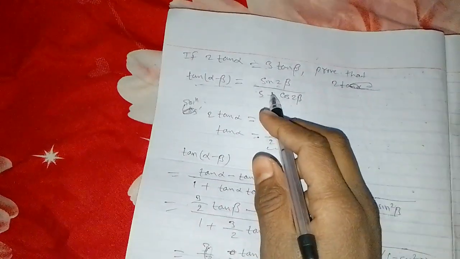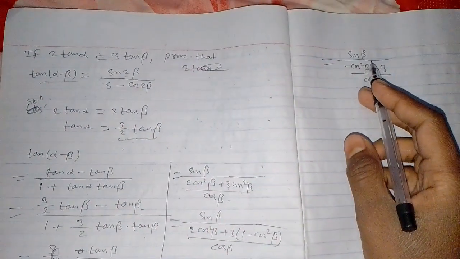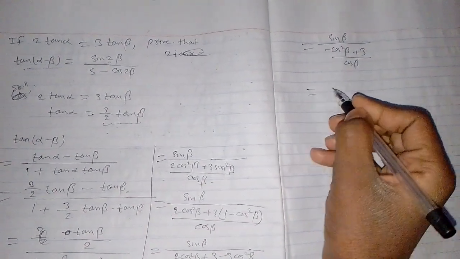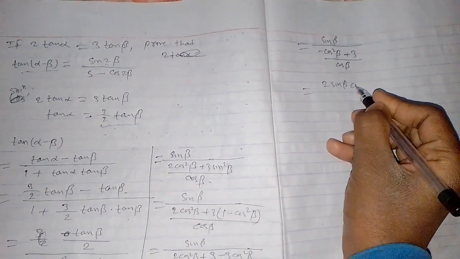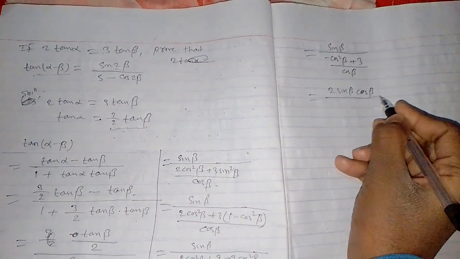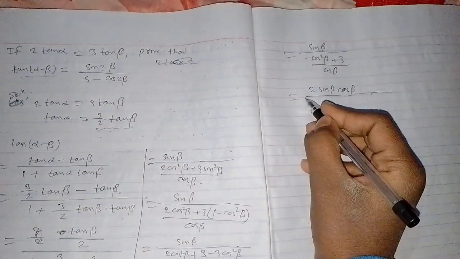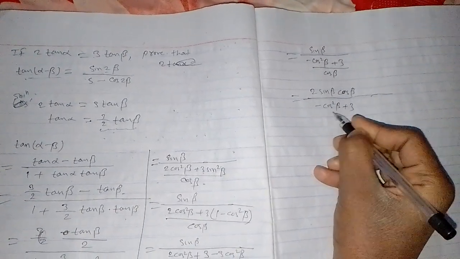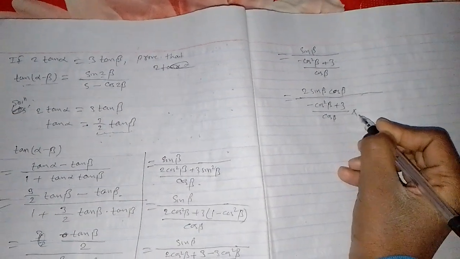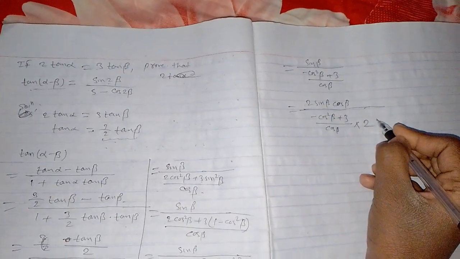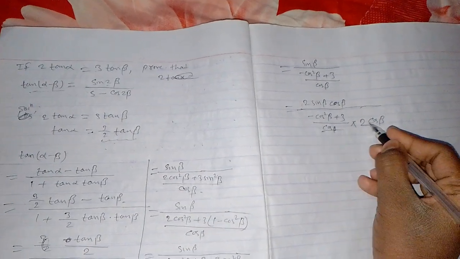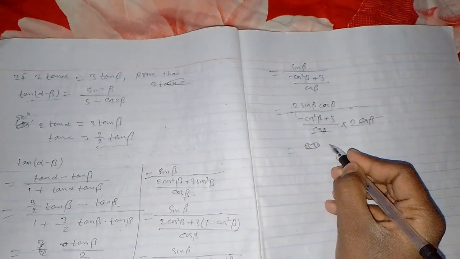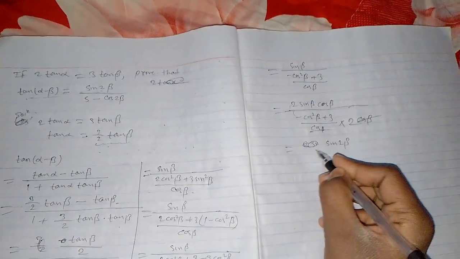But what do you want? We want sine 2 beta here and on the numerator this thing. So first of all, how can you transform this into sine 2 beta? You have to multiply the numerator by 2 cosine beta. So this will be 2 sine beta cosine beta, and do the same thing on the denominator as well. So it becomes minus cosine squared beta plus 3 divided by cosine beta times whatever that we have multiplied here. We have multiplied 2 cosine beta. So cosine beta will cancel out, and this becomes sine 2 beta divided by